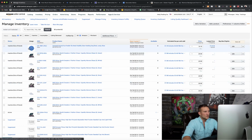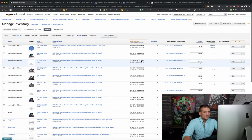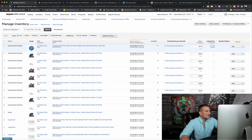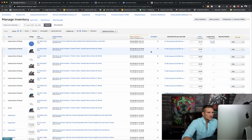We used to do retail arbitrage, which is branded products. This one was a branded product. There's a bunch of branded products that we've done on here. That's why we don't have images and stuff. But say I wanted to send, so if you come into your catalog, if this is one of our shoes that we used to sell. So if I wanted to sell this product,